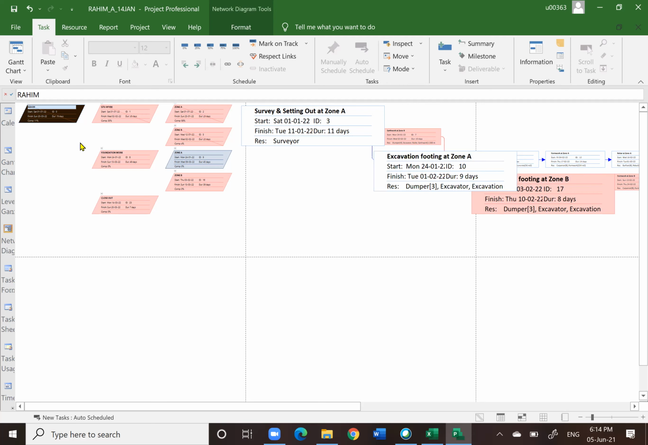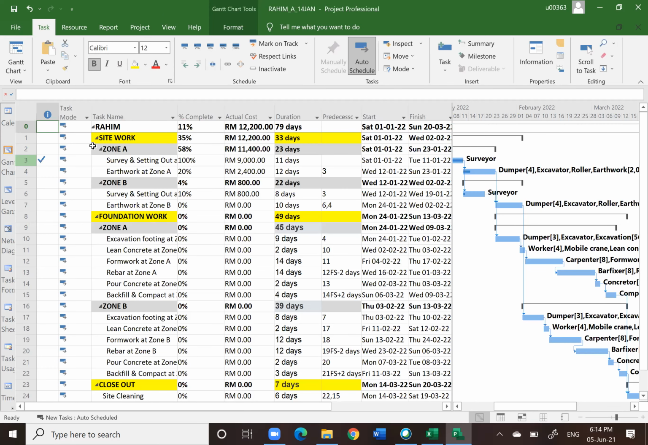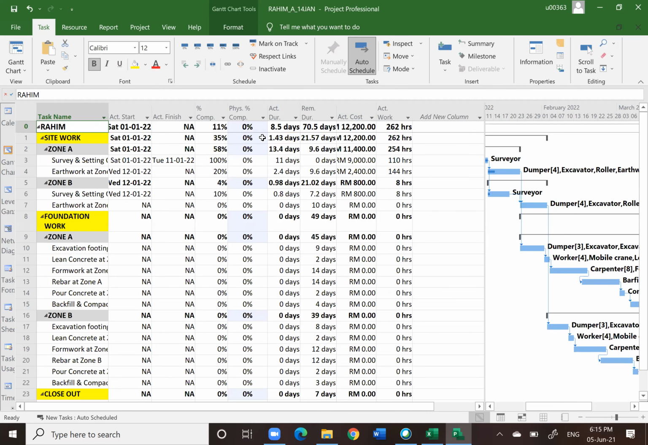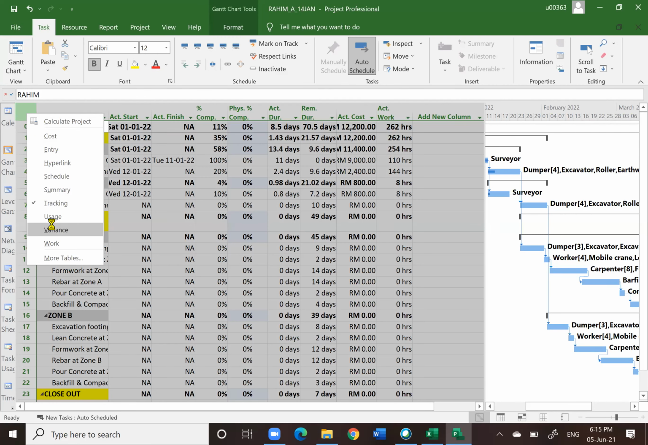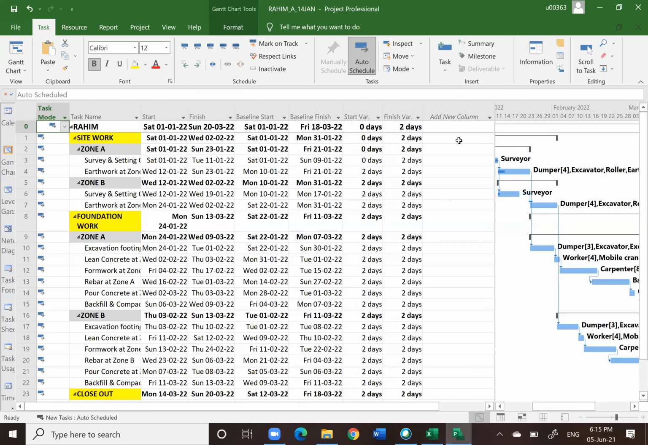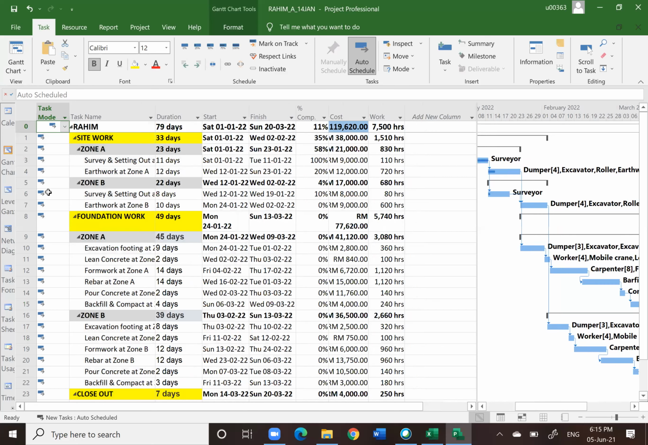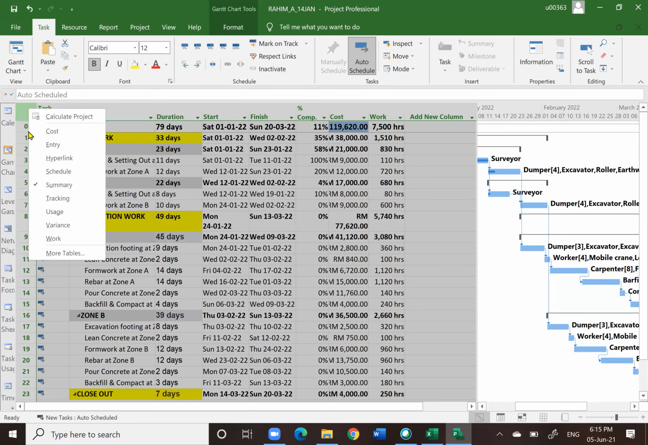This is the way to show in terms of network diagram. But then there are so many things that we can show in terms of comparison. We can show in terms of tracking, see how many percentage is there. And then we can show in terms of variance, okay, baseline, etc. And then we can show in terms of summary, okay, we can show in terms of schedule,